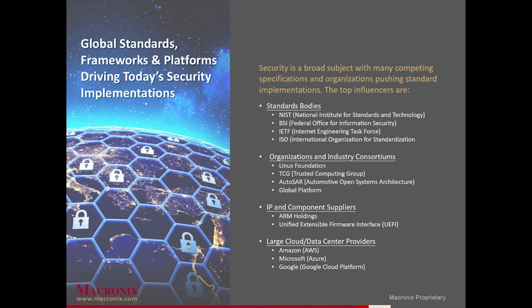implementation. And then there are organizations and industry consortiums that are focused on platforms, and they're usually targeted towards a general area or operating environment. I think some of the most well-known organizations are the Linux Foundation, or TCG, the Trusted Computing Group for secure modules. And then in the auto space, AUTOSAR, Automotive Open System Architecture, or SIG, the Automotive Special Interest Group. And then GlobalPlatform for secure chip technologies. But there are many others, and which ones are leveraged really depends on which markets and applications the product